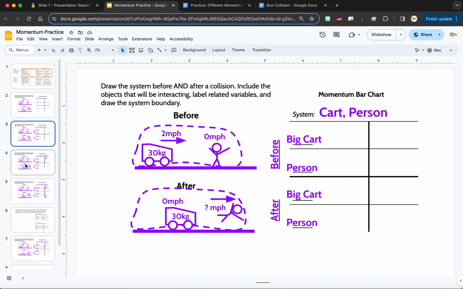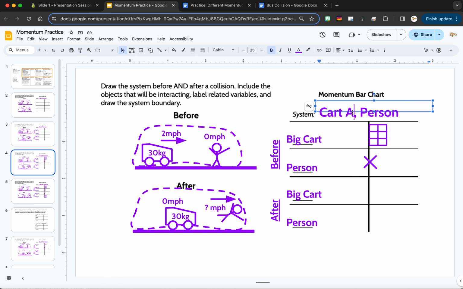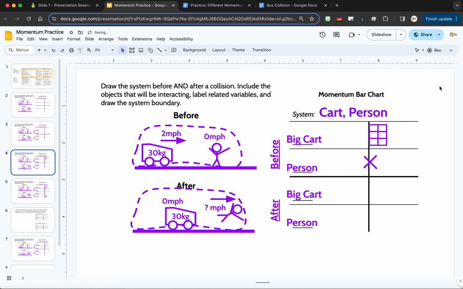And this is where we get to thinking about how much momentum is in each of these objects. Before, we have this big cart that's moving at 2 miles per hour, which isn't super fast. So we have 30 kilograms moving at 2 miles per hour. But that's a lot of momentum because 30 kilograms is a lot of mass. I put an X here because the person is moving at 0 miles per hour, so they have 0 momentum. And this is me just keeping track of roughly how much momentum is in the cart-person system before the